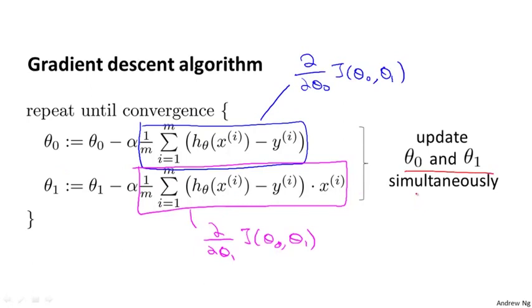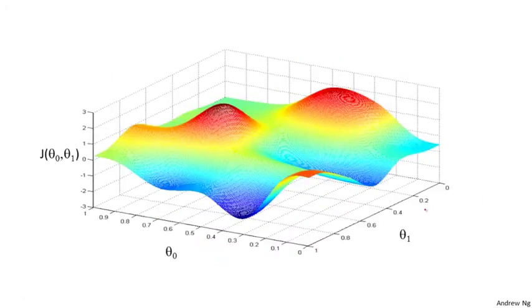So let's see how gradient descent works. One of the issues we saw with gradient descent is that it can be susceptible to local optima. When I first explained gradient descent, I showed you this picture of going downhill on the surface, and we saw how, depending on where you initialize it, you can end up at different local optima, here or here. But it turns out that the cost function for